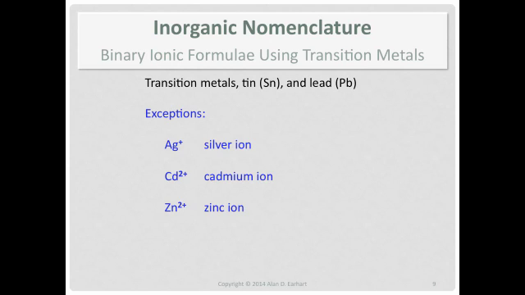And if you look around, you'll find that there are other exceptions in the transition metal area that don't use stock numbers. So this is the guideline I use for my students. Any other exceptions that you find, I will not ask you about. I have to keep the list down to something that's manageable and what I believe is common.